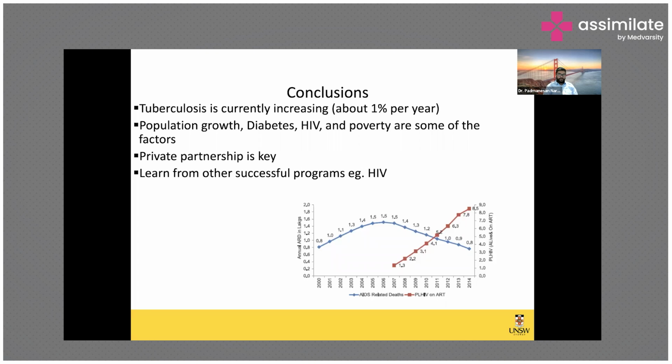So just to conclude the lecture, the key point here is that private sector participation is key, and I strongly encourage everyone to follow the government DOTS program, because that's the key program, because they have standard monitoring for patients. It's free of cost and cost effective, and that will ensure we reach TB elimination, if not in 2025, at least in 2030.